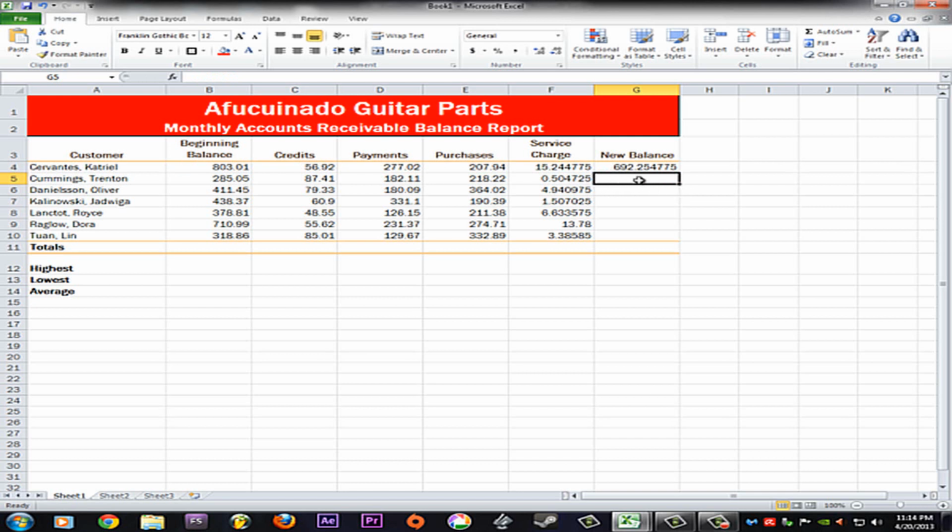So now you're going to do that same thing over again for all of these rows down here. So equals beginning balance plus purchases minus credits minus payments plus service charge, enter, equals purchases minus credits minus payments plus that, enter, equals this plus that minus that plus this, enter,